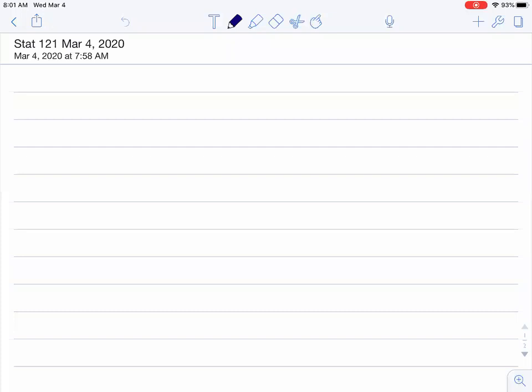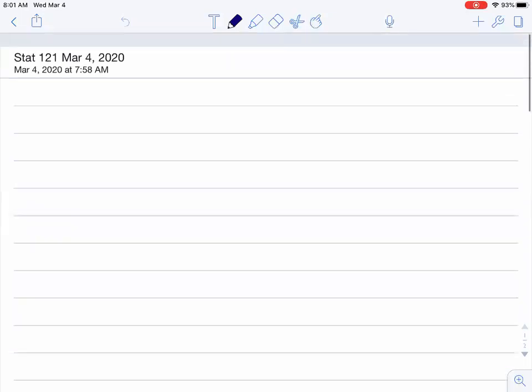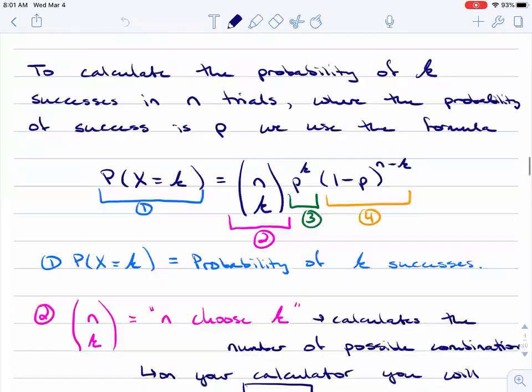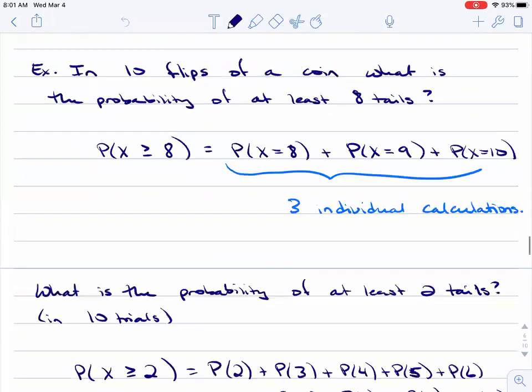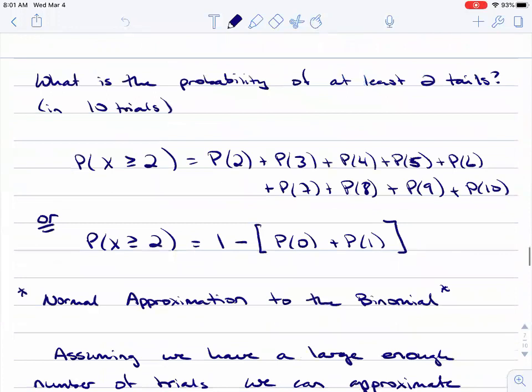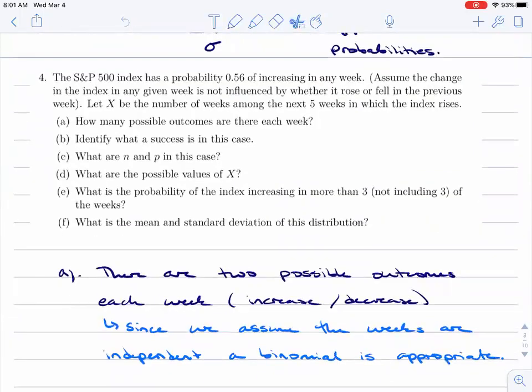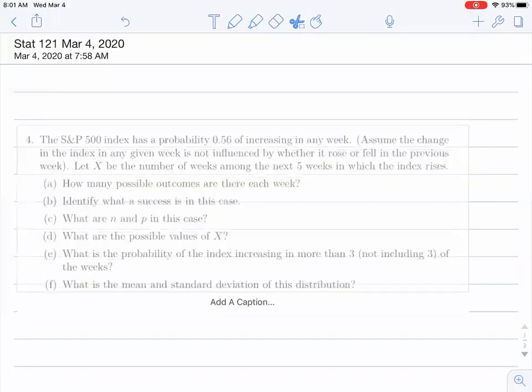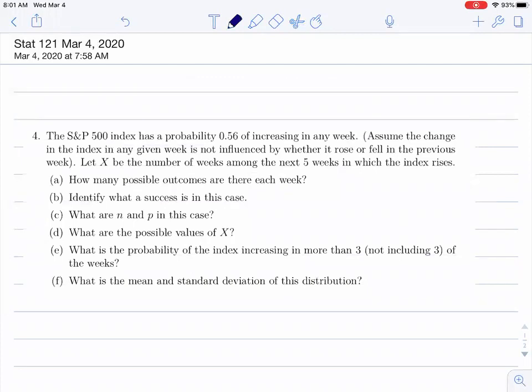Let me just... Our notes from last day. Where did we put them? Okay, so